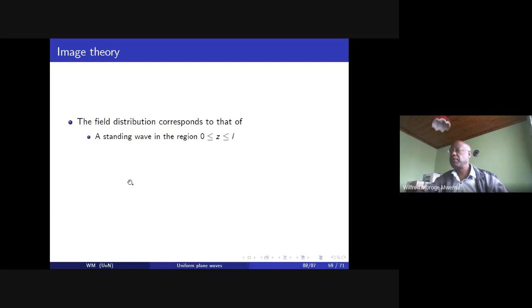So the wave will not be propagating, but will be standing in place, oscillating in the spatial direction. A propagating wave will be generated in the region z beyond the current sheet, that is at z greater than